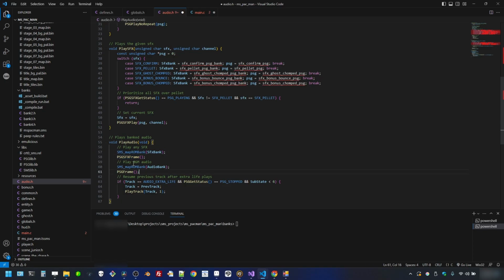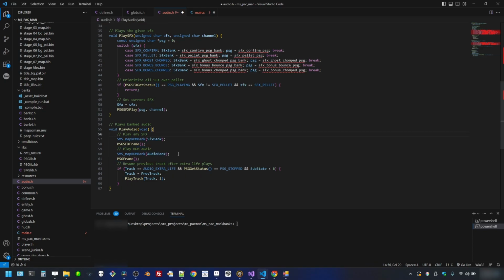And then it takes the currently banked or loaded background music audio and then plays it here. And then this is for that extra life, so when it gets done playing, so if the current track is the extra life track, and then we check that it's done playing, and the substate is under 6, which I think that has to do with